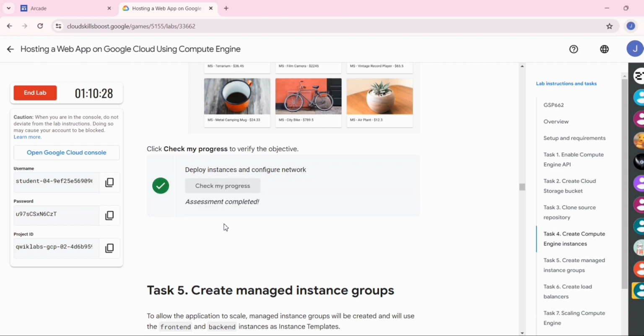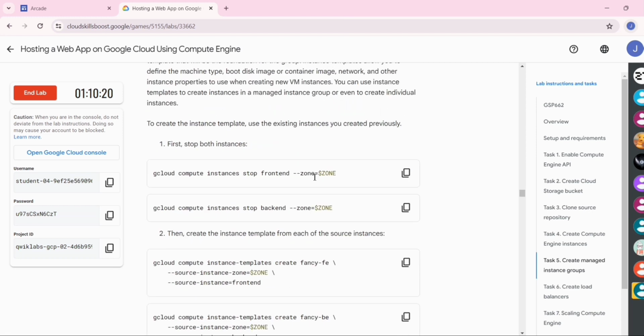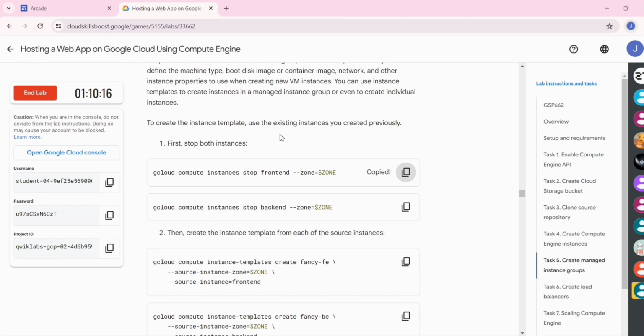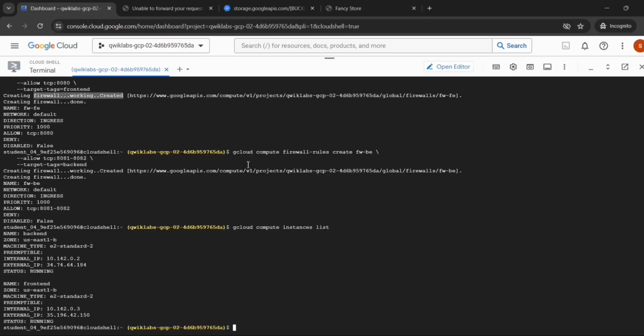Now we will create a managed instance group. For that, scroll it down and copy this first command. Go to the terminal and paste the command.